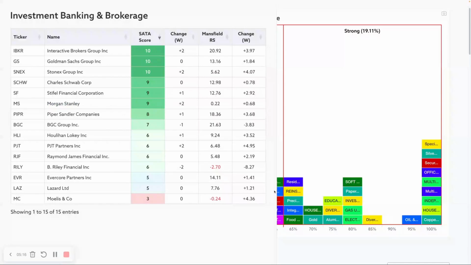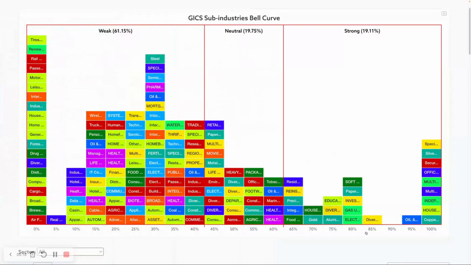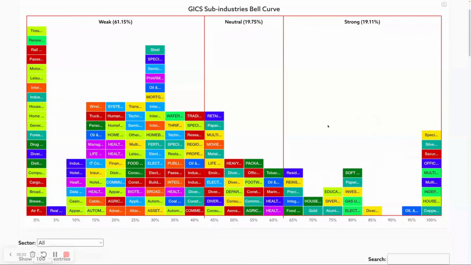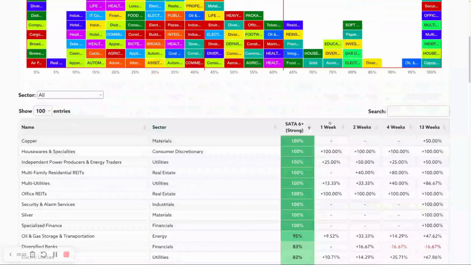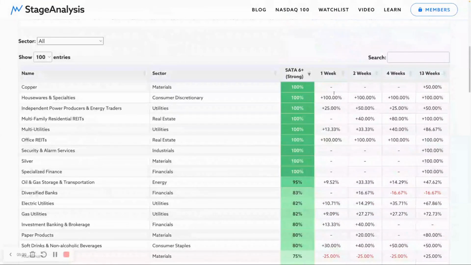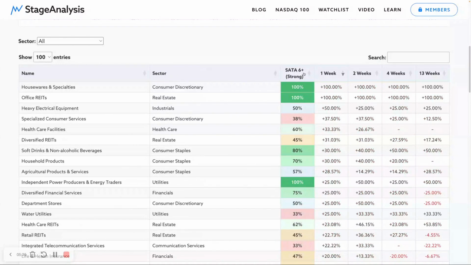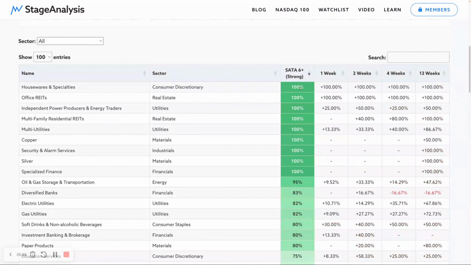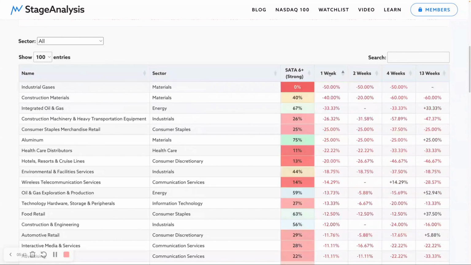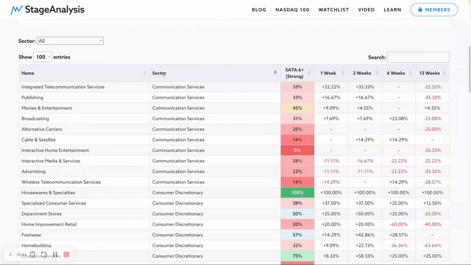Another way that you can do this is you can go down into the table underneath, and you can see the 1 week change, the 2 week, the 4 week, and the 13 week change. So you can order by that, you can order by 2 weeks, you can order just by the strength of the score, you can order by the sector. So if you do a 1 week order and then you order by the sector, it will show you like that. But a better way of doing that, if we get it back to here, is